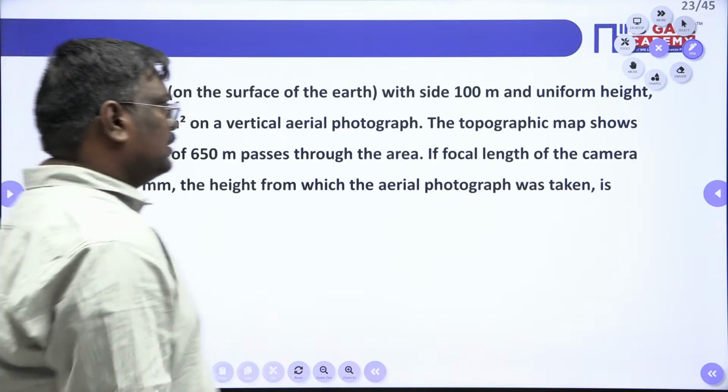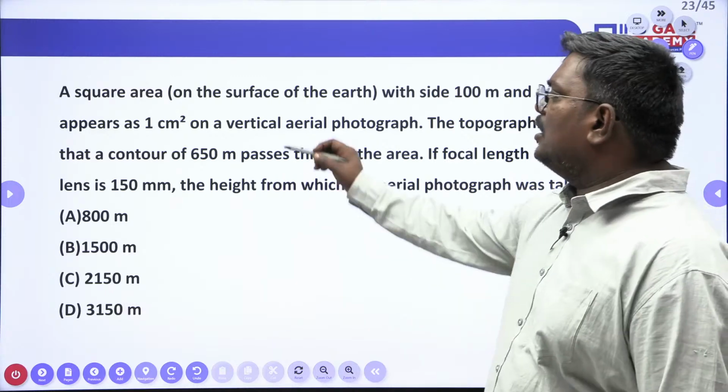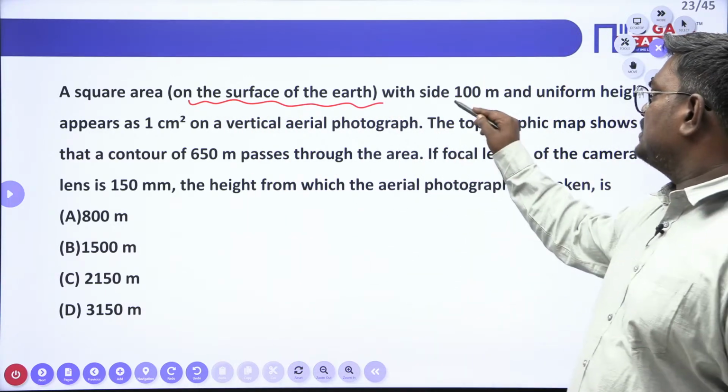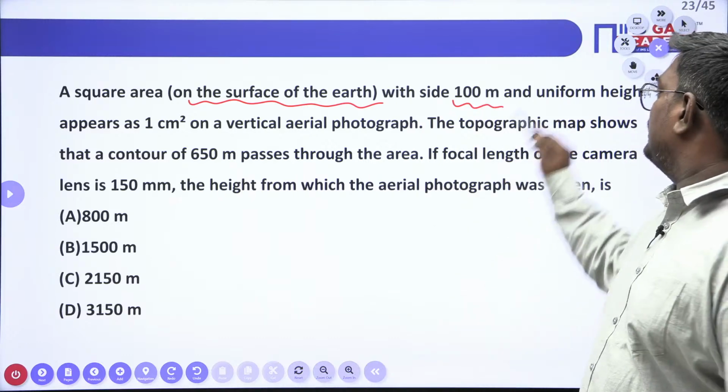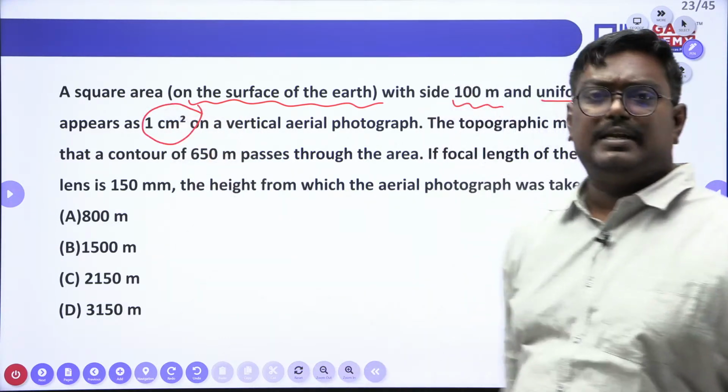Now see, students, there was another question asked of a similar kind. A square area on the surface of the earth with side 100 meter and a uniform height appears as 1 centimeter square